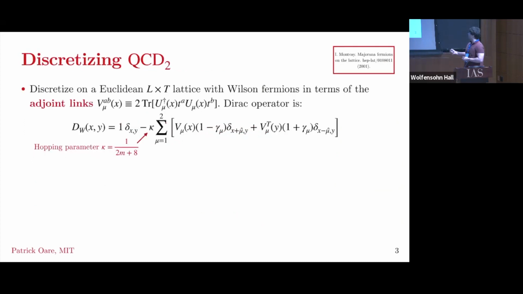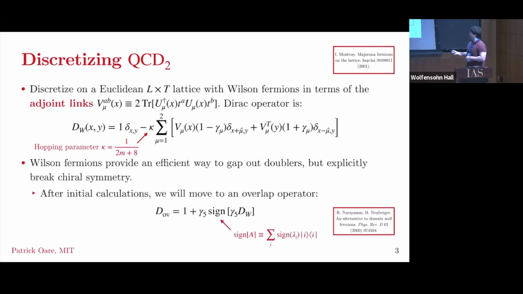So to discretize adjoint QCD, we're going to begin by just using a simple Wilson fermion discretization, basically just as a proof of concept. You can write out the Dirac operator here in terms of the adjoint gauge fields, V_mu. And here, this Dirac operator is for a massive Majorana fermion. Now, as you take the mass to 0, this thing becomes more and more singular, so it's much harder to simulate. So we really have to look at the massive case.